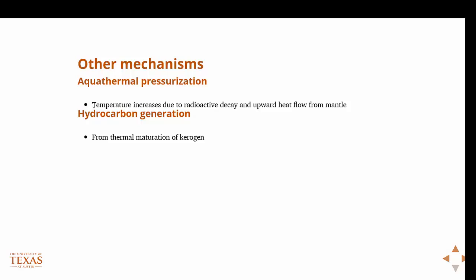So, and then the last one is, you actually have hydrocarbons being generated in a confined space, right? So, you have thermal maturation of kerogen, which becomes oil, gas, condensate, right? And so you're actually generating hydrocarbons in a confined space, and that can cause a small amount of pressure increase. And so